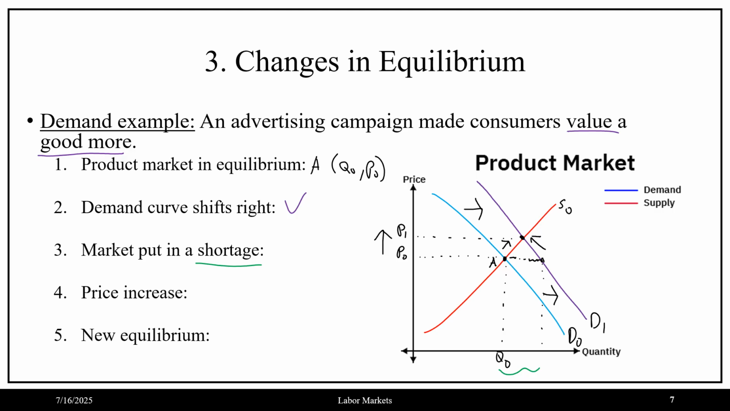We'll find ourselves compatible again at a quantity level Q1. So then we have a new equilibrium, and I'm going to call this B, at point B at a quantity level Q1 and at a price level P1, where